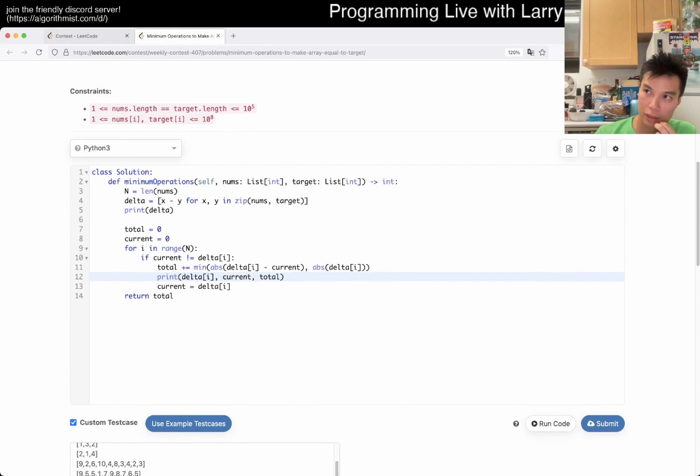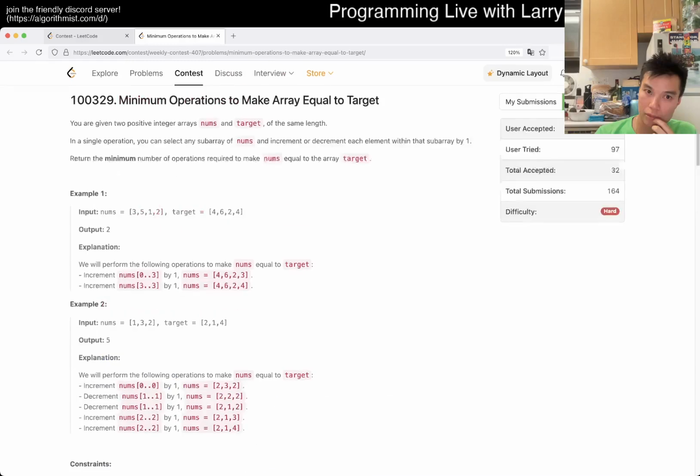So the max is, so you have this, you sum up all of this max over, and total is fine. It's just a sum, right? Sum over whatever, but